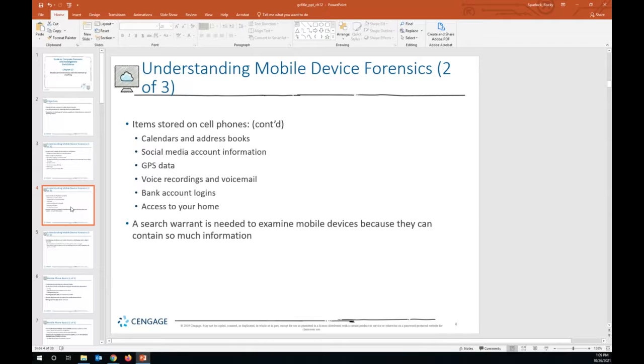So because of all of this information that's stored on mobile devices, a search warrant will be needed to examine those mobile devices.